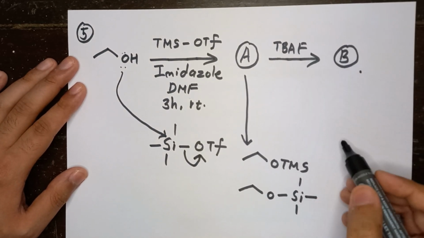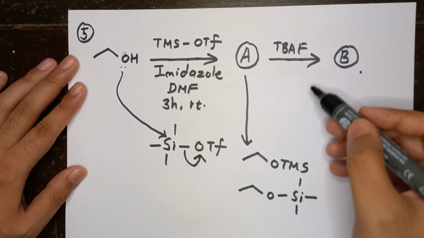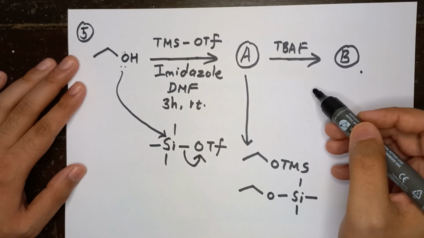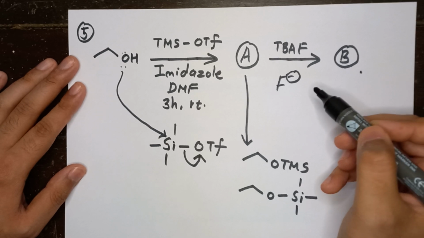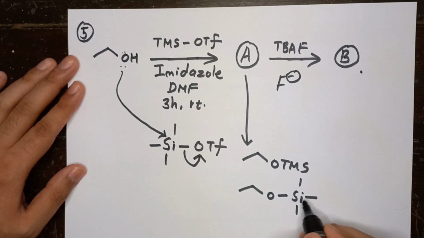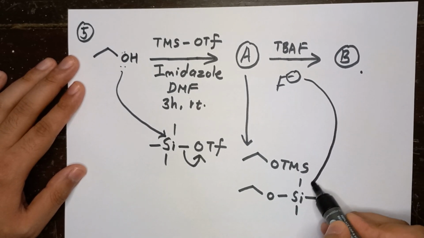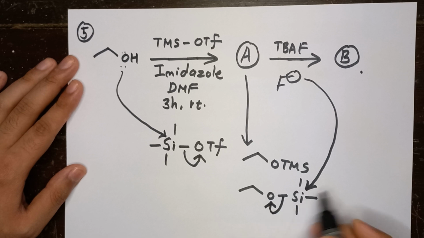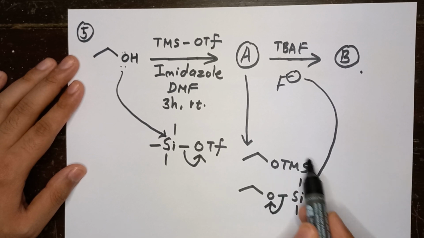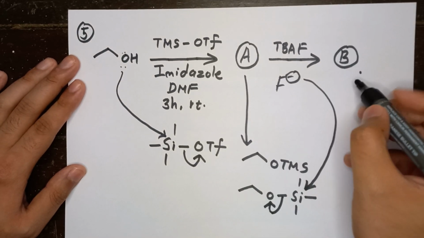Now the second reagent we have is TBAF. TBAF is tetrabutylammonium fluoride, so it gives out F minus ions, and that is what we want to deprotect the silicon group. So this F minus will bond with silicon and this bond is going to break. The bond's lone pair will collapse onto O minus and we are going to deprotect the OTMS group, and the B product is going to be